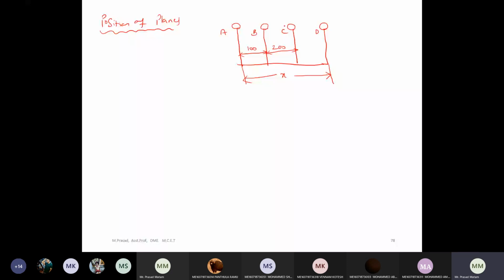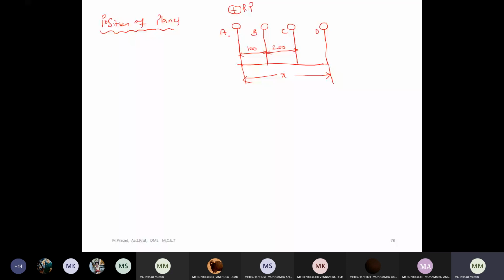Wherever you have unknown data, at that point you have to take the reference plane. Here I have unknown data in plane A and plane D. If I take D as the reference plane, the total comes on the negative side. If I take A as the reference plane, everything is positive. It's up to me whether I choose D or A as the reference plane. For ease, I am choosing A as my reference plane. I am taking a plus symbol and showing RP as the reference plane.